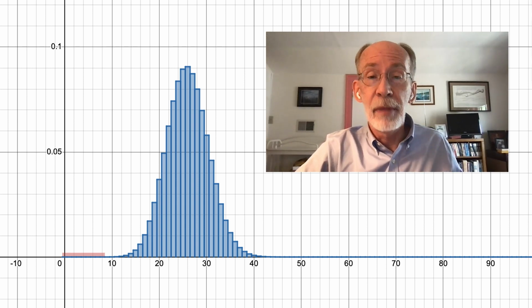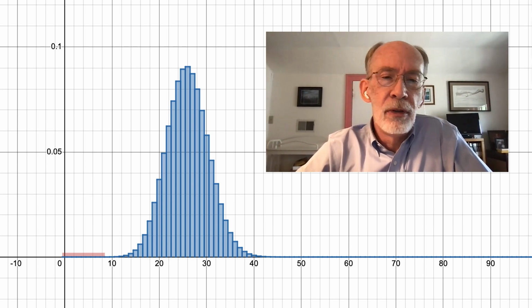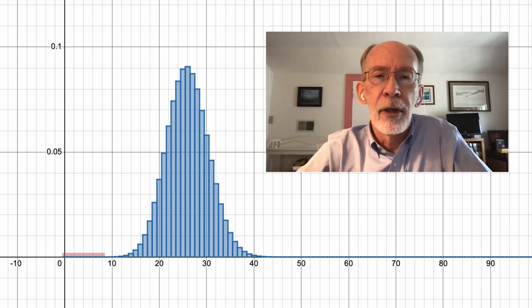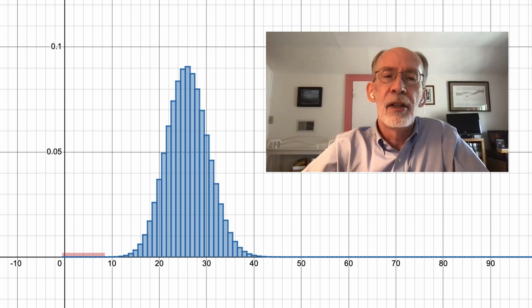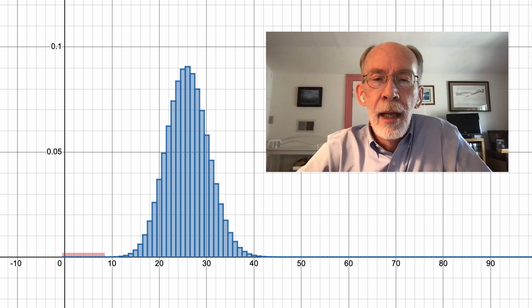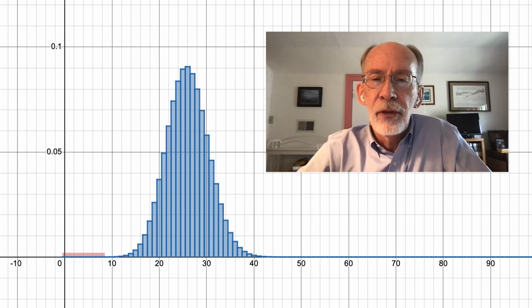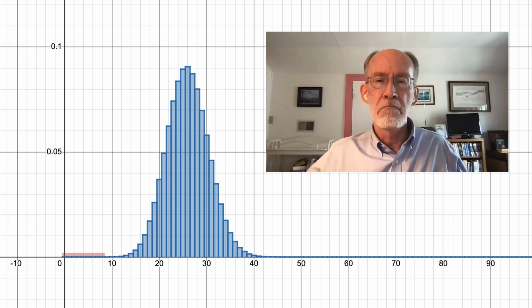But you wouldn't be shocked if it were 20, you wouldn't be shocked if it were 30. By the time you get out to down around 12 or so, or up around 40 or so, things start to feel awfully unlikely. And you'll recall it was 8 in the case of Swain's panel. I've highlighted down in the corner the area from 0 to 8. So if we ask ourselves the question, what's the likelihood of being at least as far away from expectation as 8? The answer is visually, well, we'd be over there. And as you can see, the probability is negligible.